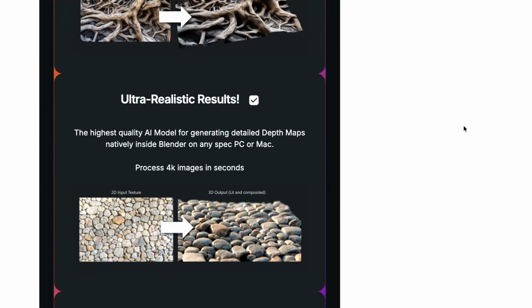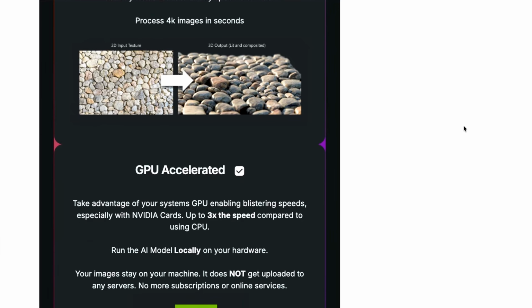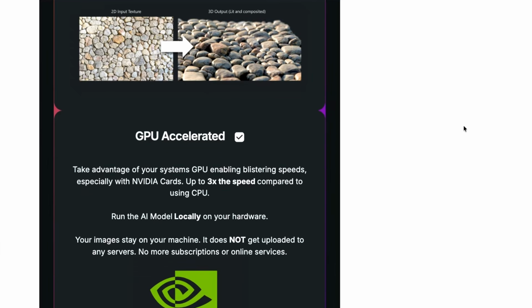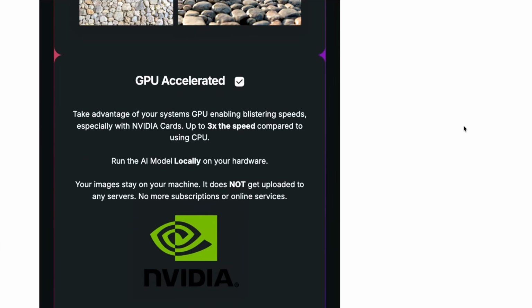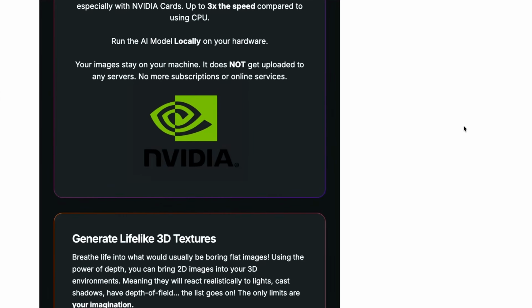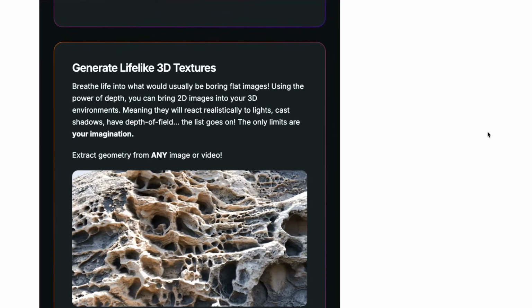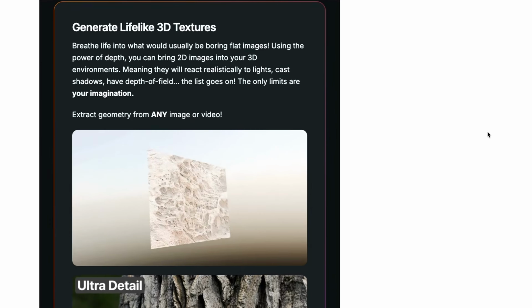It looks like a plane that has displacement applied to it, but very cool. It's a bit limiting, so it's not going to create a full-blown 3D model for you, but it does create something very good if you're doing background elements in a game or in a scene to give the